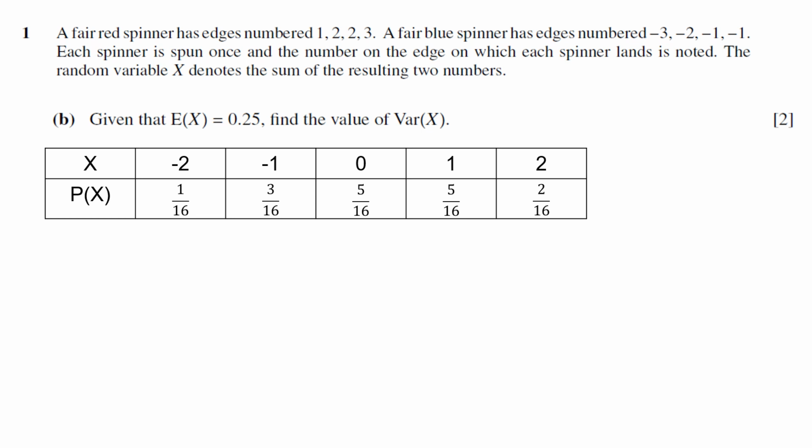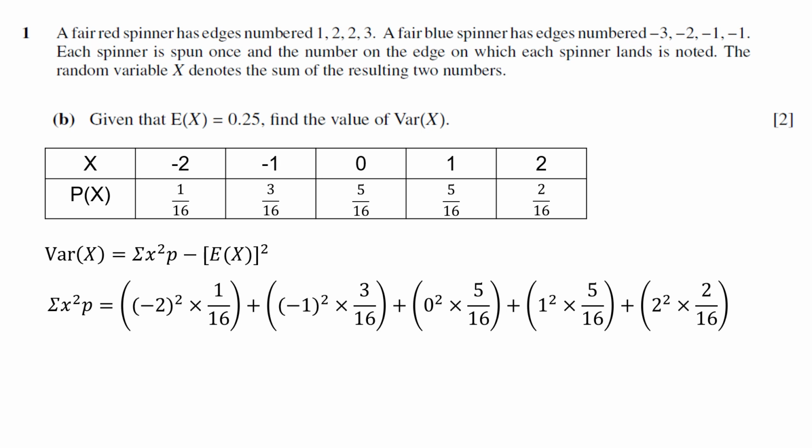Based on the formula sheet, we know that the Var of X is going to be the sum of x squared p, subtract the expectation of X squared. So we already know the value of the expectation of X, which is E of X. What we're going to do now is to find the value of the sum of x squared p. So that's going to be